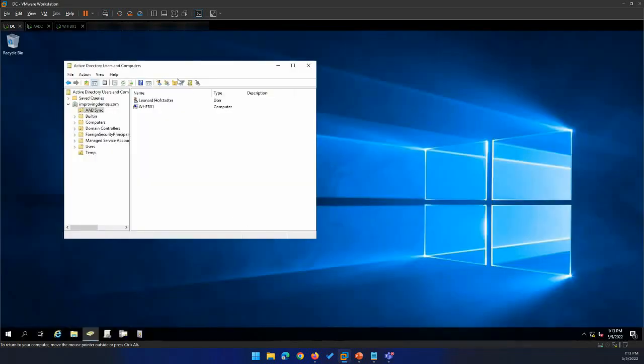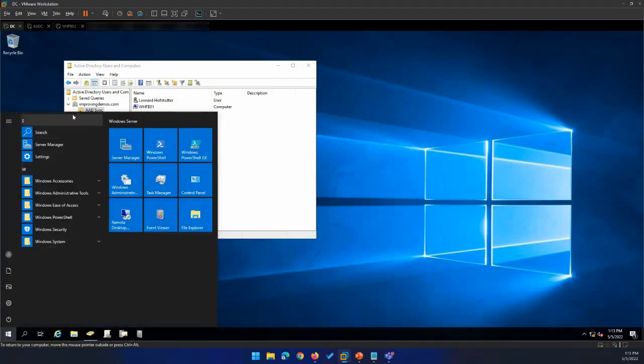And you can see here I've got a test user, Leonard Hofstadter. If you're a fan of The Big Bang Theory, that name will be familiar to you. But that is my test user here in my lab. And then I've got the computer object that represents my Windows endpoint. So it is a domain joined computer. And I've just got it in an OU here that I have set up for synchronization to my Azure AD